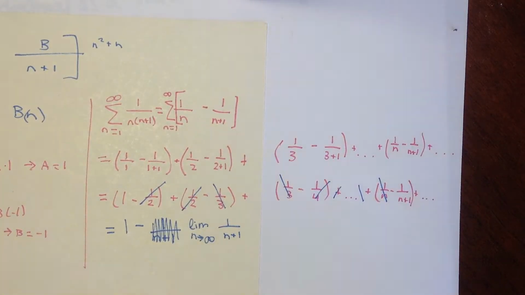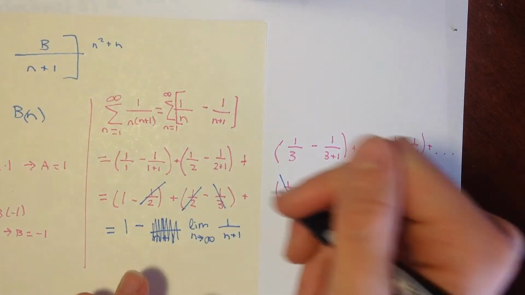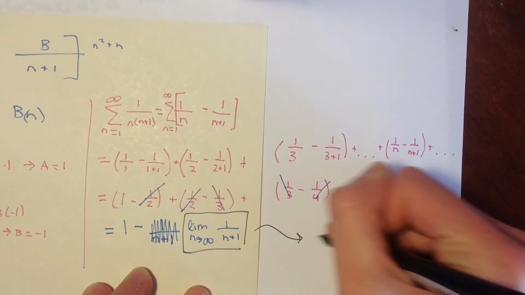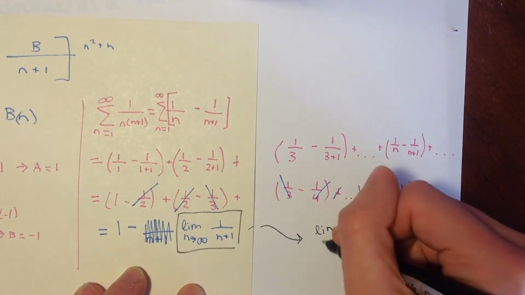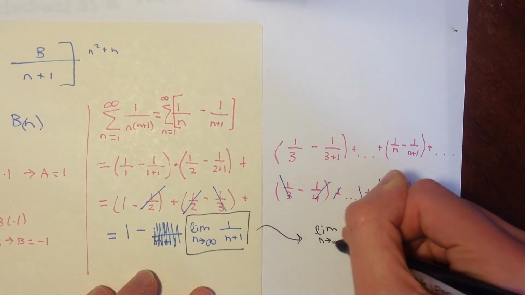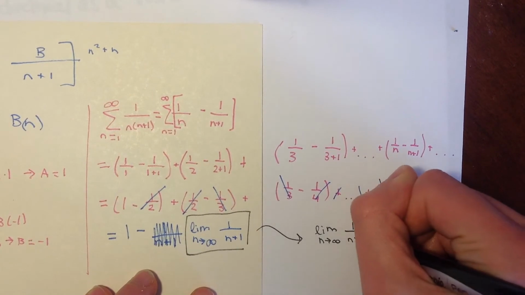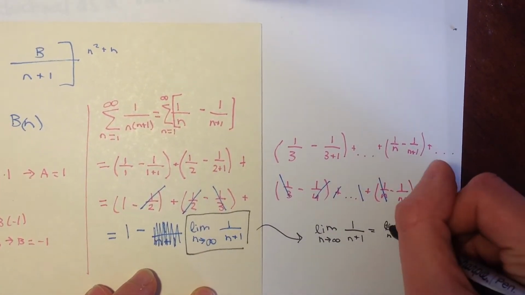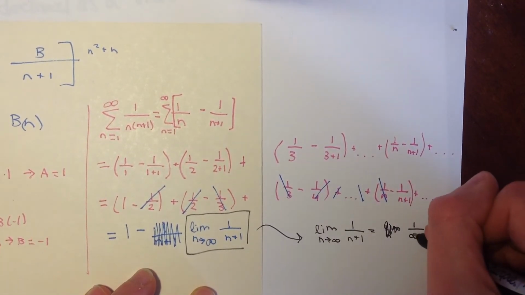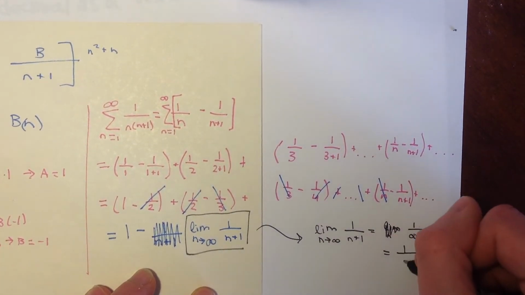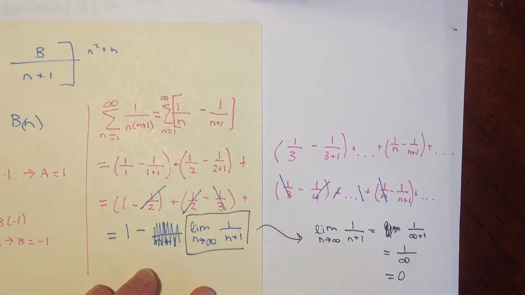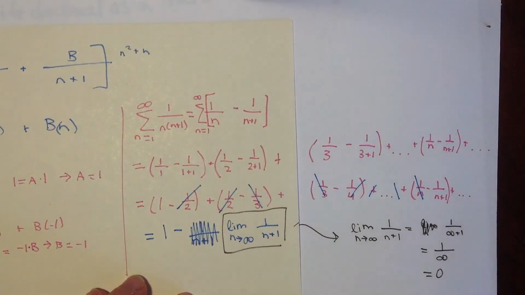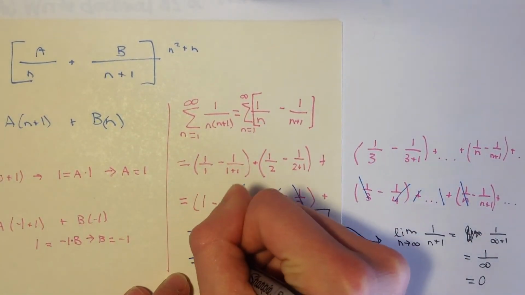So the first thing that I'm going to do is show whether this converges or diverges. So I'm going to take this limit off to the side. The limit as n approaches infinity of 1 divided by n plus 1 gives me the limit as n approaches infinity of 1 over infinity plus 1, which is the same as 1 over infinity, which is the same as 0. So because my limit is 0, and 0 is finite, I can say that this sum is 1,